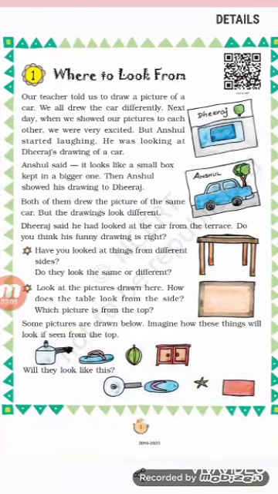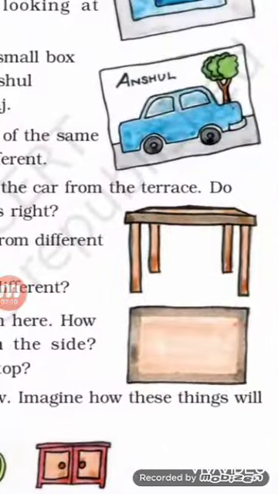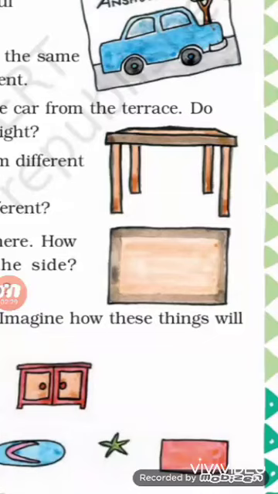Now see, we will see some next examples. See, here one table is given. How many legs do tables have? 4 legs. Here you can see all the 4 legs in the picture. Yes, we can see all the 4 legs of the table. Means we can see the whole picture of the table properly. So this is called the side view of the table. In the next picture, you cannot see all the 4 legs of the table. You can only see the upper part of the table. Okay? Means it is the half part, only the upper part of the table. That is called the top view of the table.